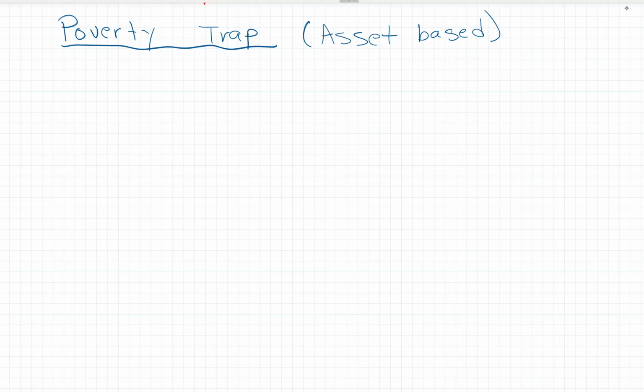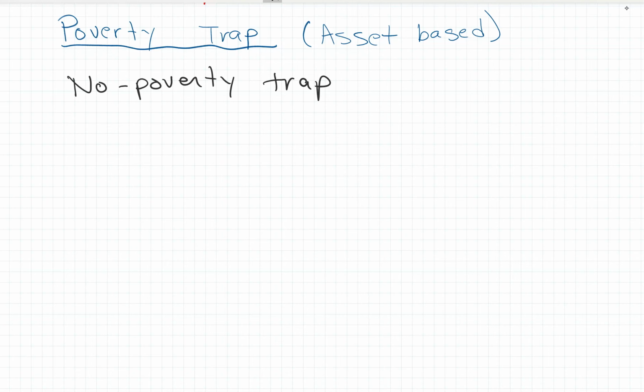I'm just going to go over the asset-based poverty trap that they talk about in the textbook. These things I chose to go over in the videos because I think they're a little bit more difficult to understand. So I thought you probably would want something besides just reading, right? You probably want somebody to demonstrate it to you. So first I'm going to show you what it looks like with no poverty trap.